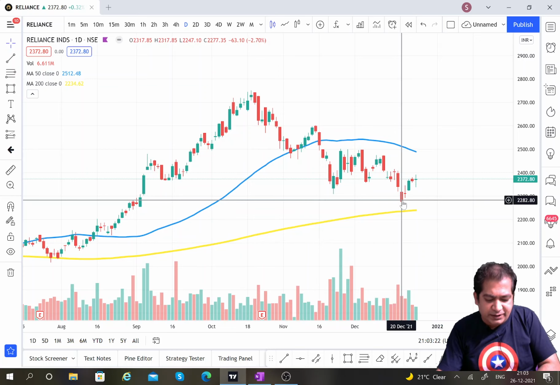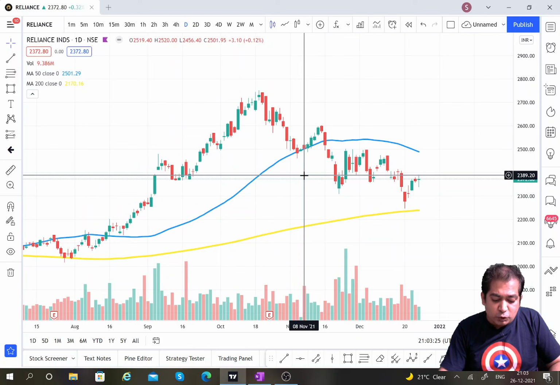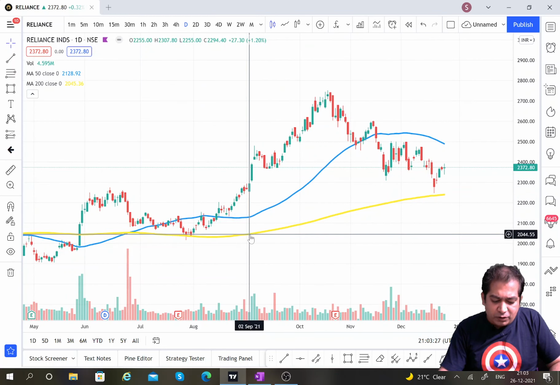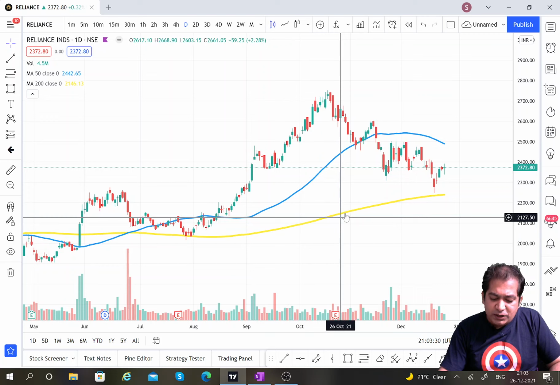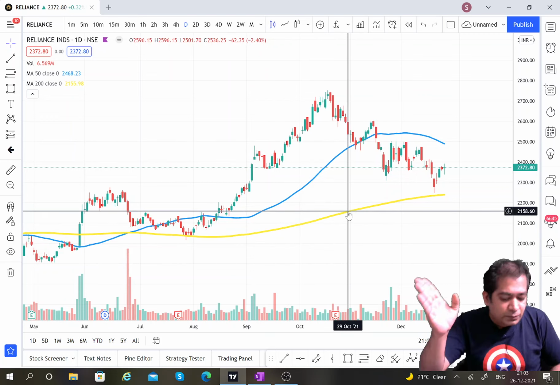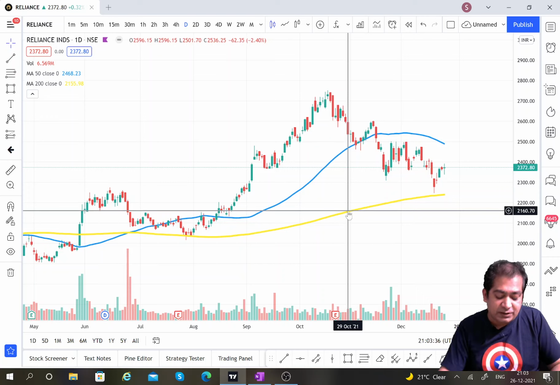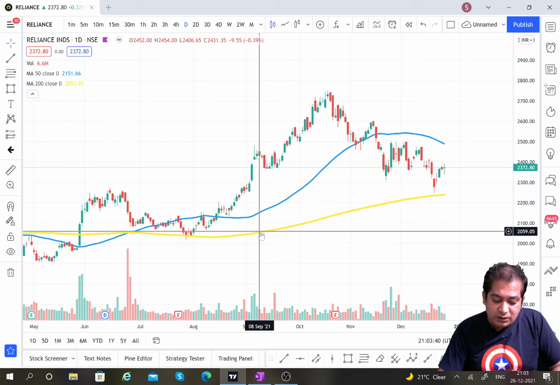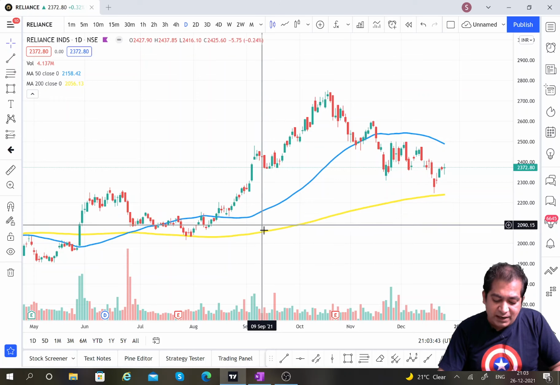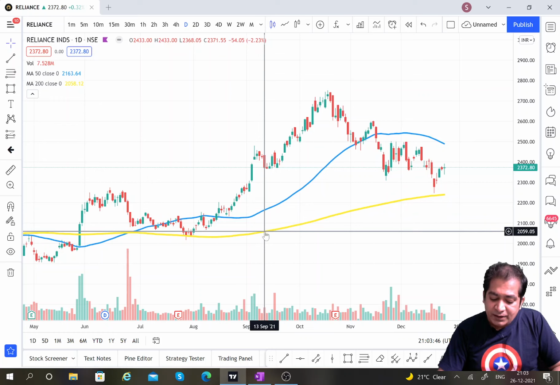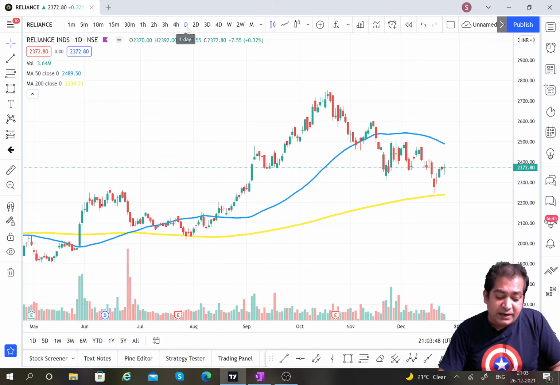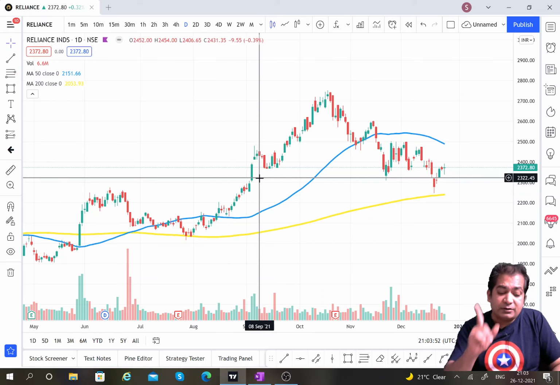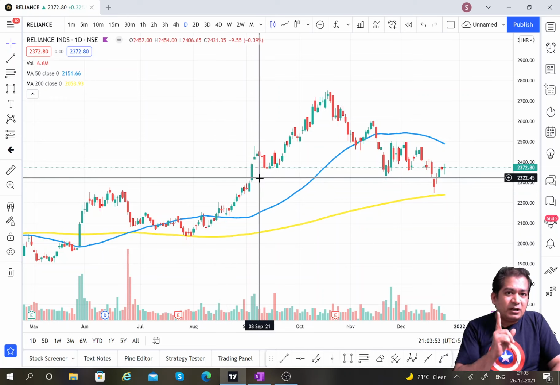Past 200 days. So the slope for this 200-period moving average will not be very high. It will have a smaller slope because the average is too big. So now this is your 200-period moving average, this is your 50-period moving average, the blue line, and this is your 200-period moving average. Till the time on our daily price, the price is above the 200 moving average, please do not enter into a short trade. Always go for a buy.